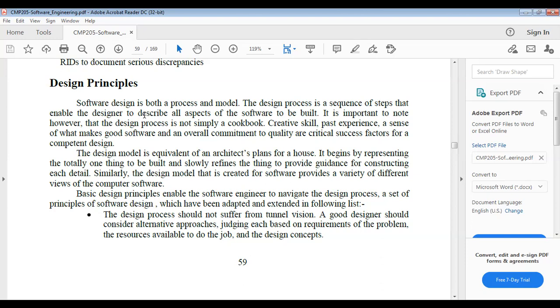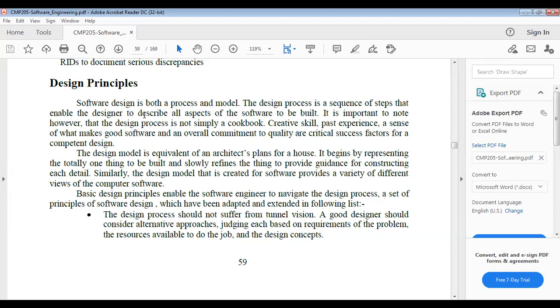What does the design principle say? Design should be simple. It should not be complicated. It should not be too vast. It should not be difficult to understand by the end user as well as the engineer.